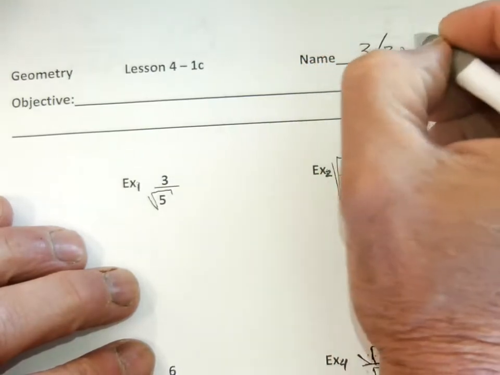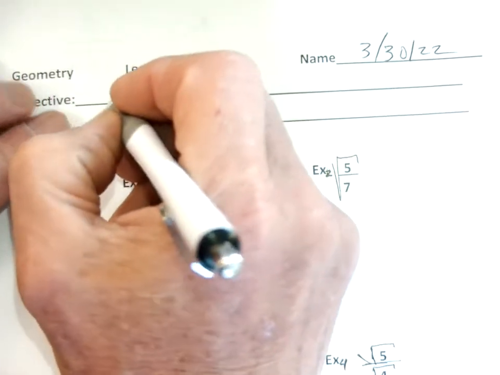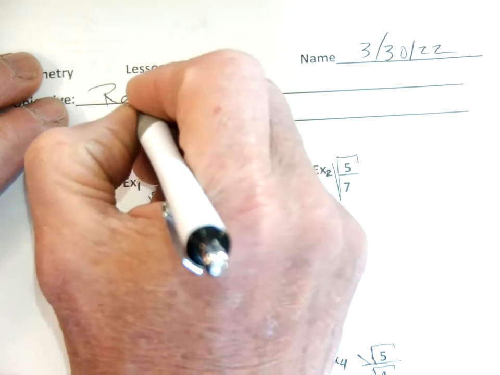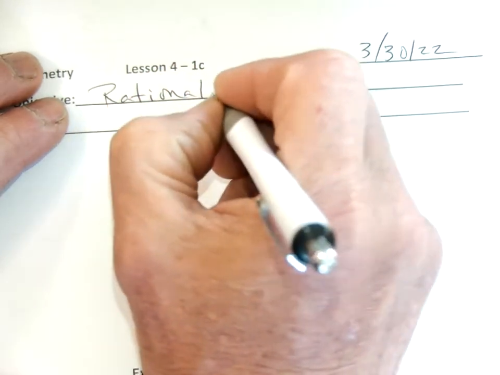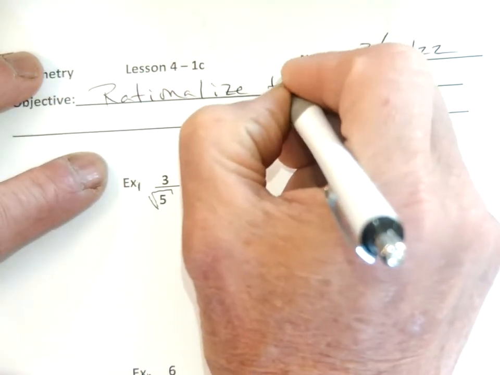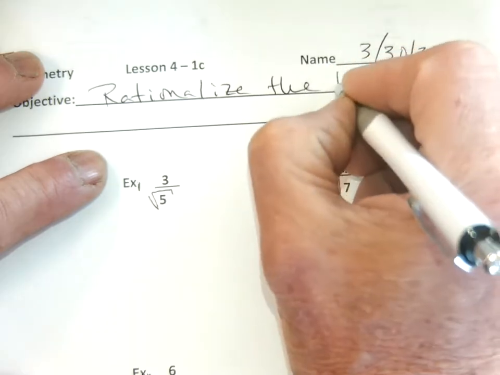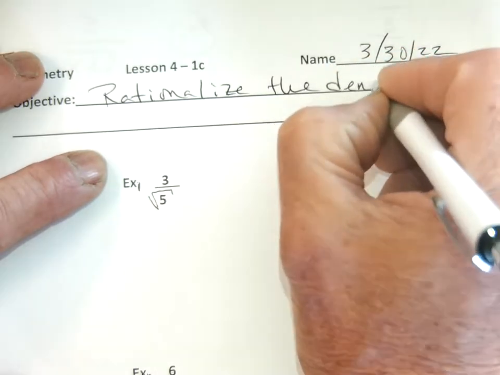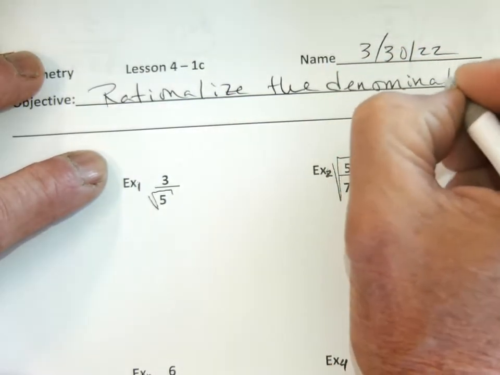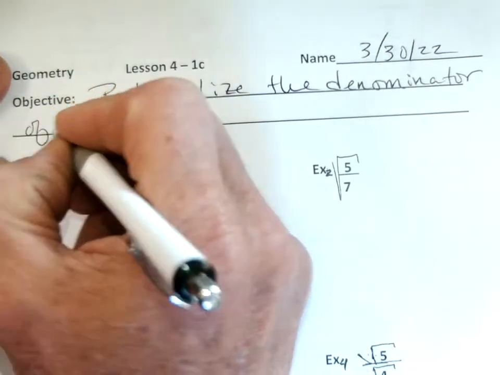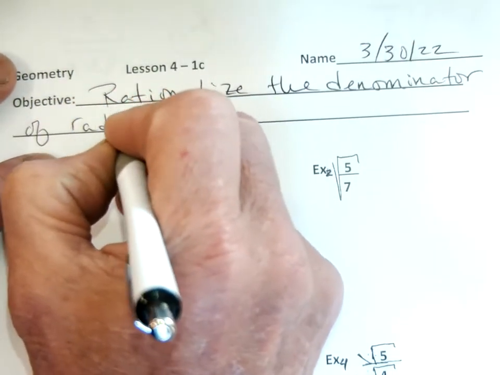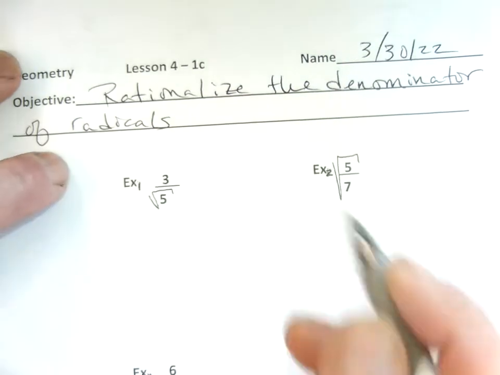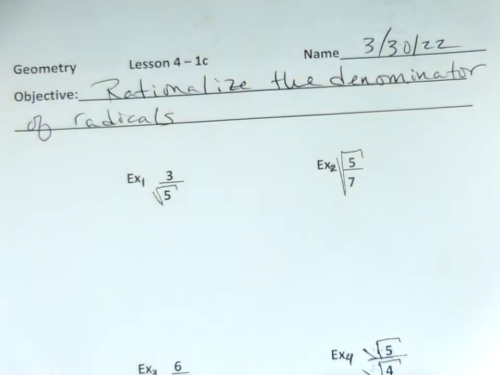3, 30, 22. Our objective is to rationalize the denominator of radicals. What the heck does that mean? Rationalize the denominator of radicals. What the heck does that mean? I mean, let's use English, Mr. Davies. It means